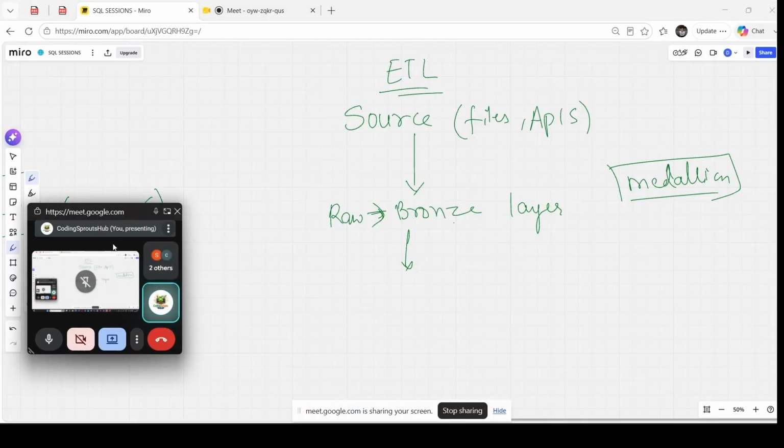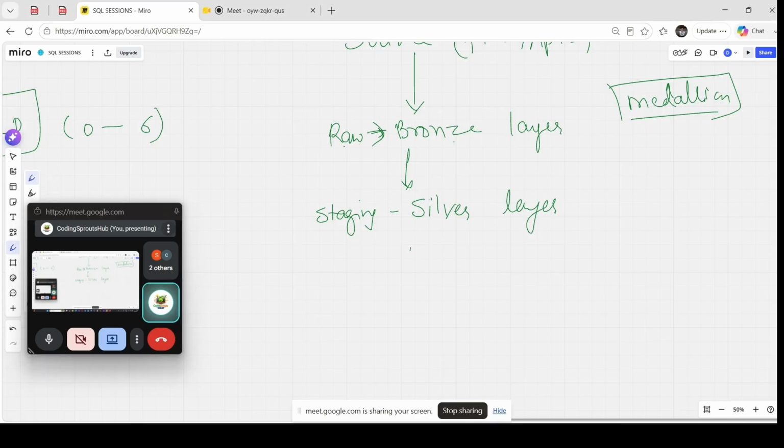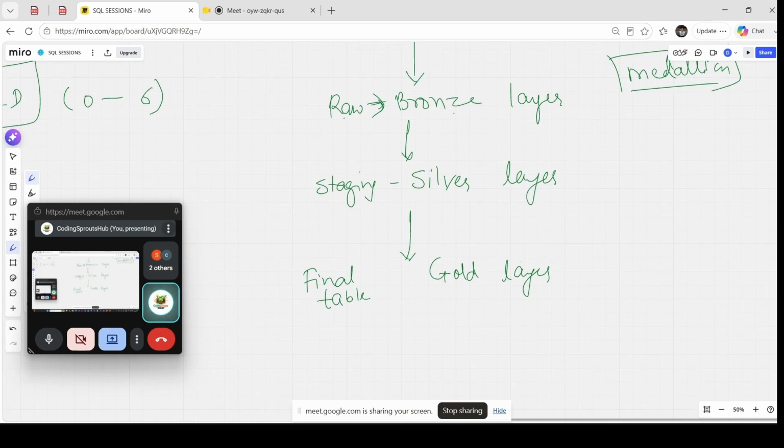So after that, from the raw layer, the bronze layer, we come to the silver layer. Silver layer is staging, right? The clean data, all the data which is cleaned, and we have done the deduplication as well. From there we go to the gold layer, which is called the final tables. Final tables are here, right? Now after that we come back to